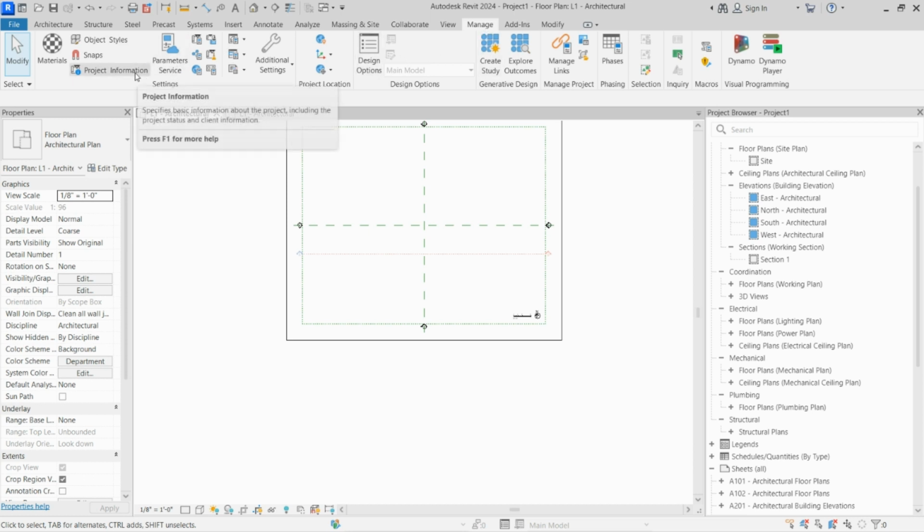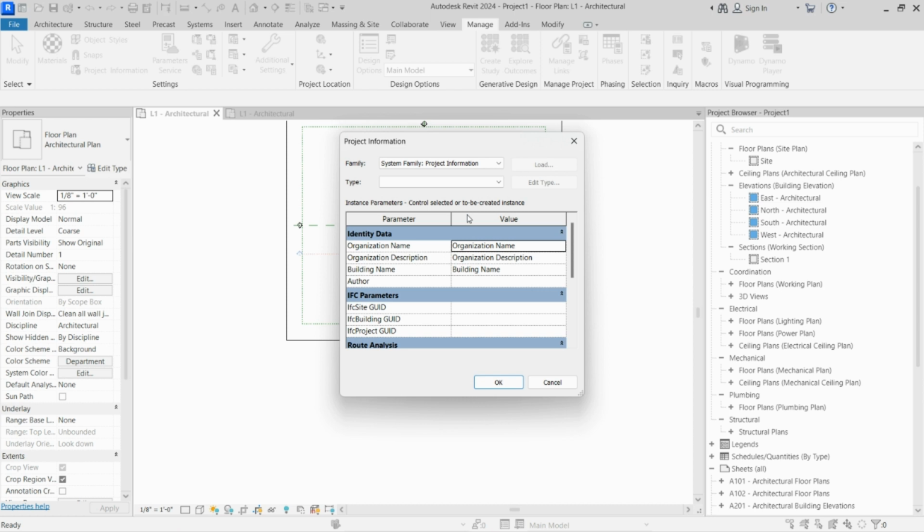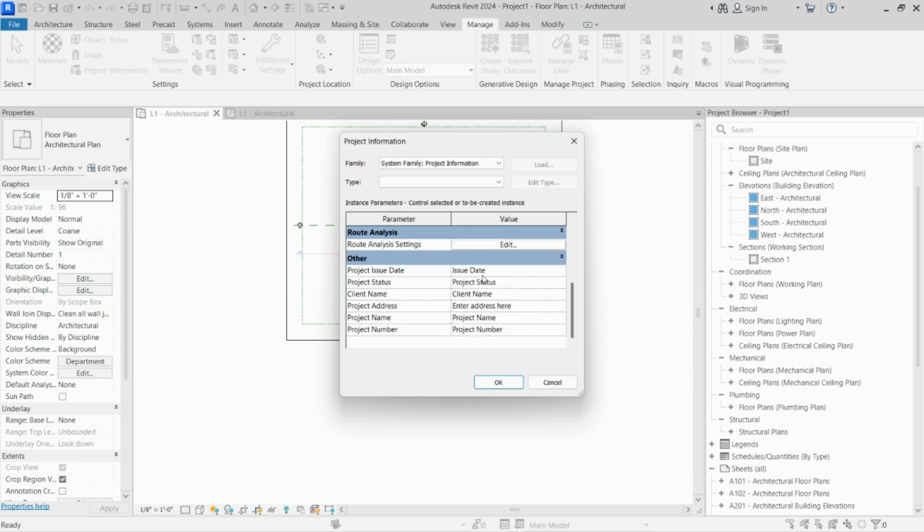See, go to the Manage tab and then click this Project Information option, right? In this Project Information option, you can type any information, like the project issue date, say 2/8/2023,